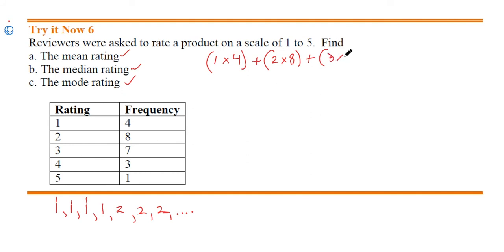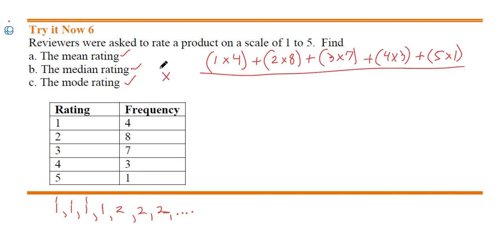So 3 times 7, 4 times 3, and 5 times 1. And then we're going to divide that. So this is our mean. We're going to divide that by how many numbers there are. If I do 4 plus 8, that's 12, plus 7 is 19, plus another 4 is 23. So if I do all those values and then divide that by 23,